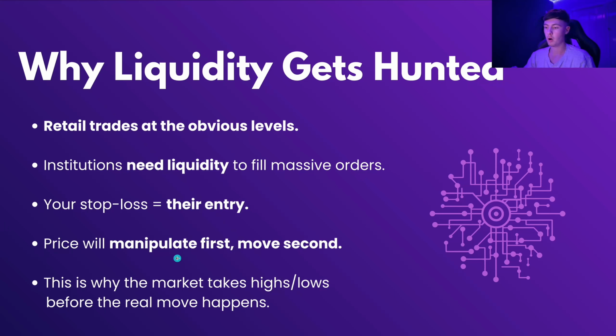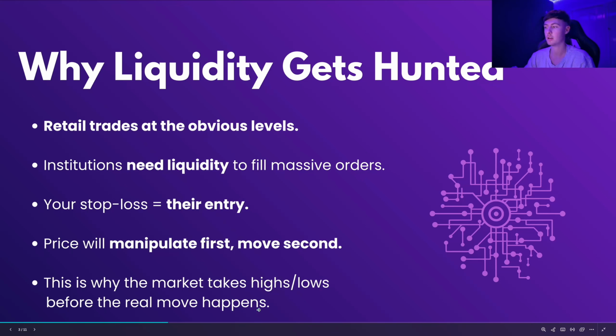So if you're analyzing the markets, you've got your daily bias, you've got a bearish draw on liquidity and you are bearish on the day. Always anticipate a manipulation move on buy stops, such as buy side liquidity above old highs. It could be a bearish fair value gap on the higher time frame. Always anticipate that manipulation move first above those highs, and then that is when you want to look for shorts. Look for that sell model, look for that inversion fair value gap, look for that optimal trade entry, look for that market structure shift with the fair value gap. This is exactly why the market takes price above old highs and lows before the real move happens.